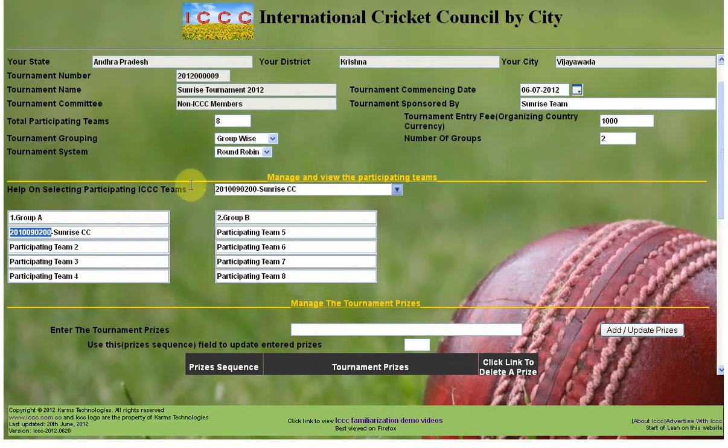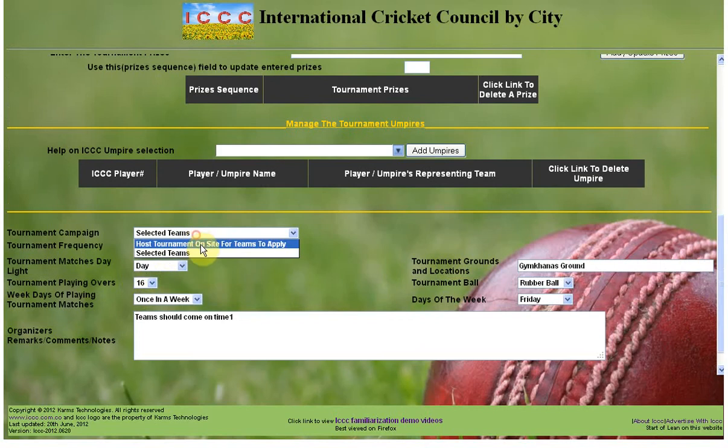This way, all the eight participants you have to replace. So let us return it back. We will leave it as it is and change our campaigning back to the host tournament.